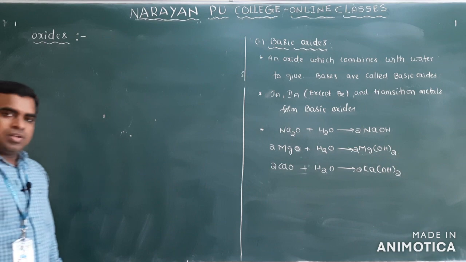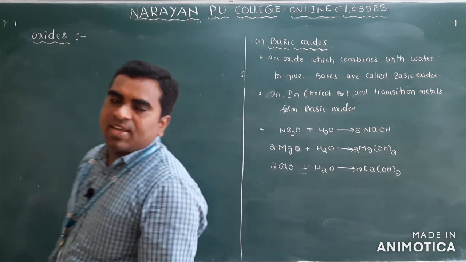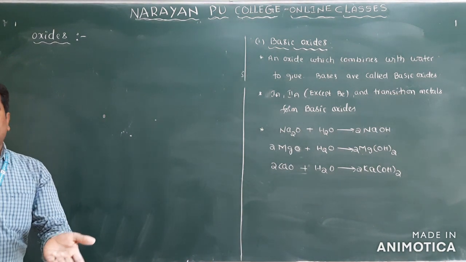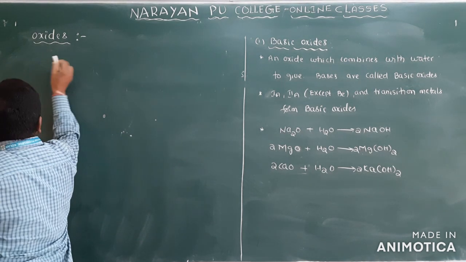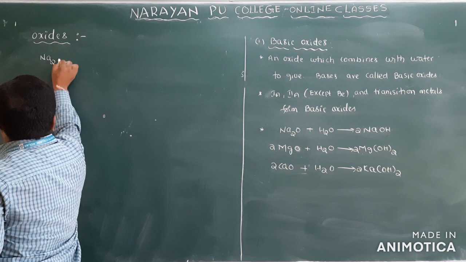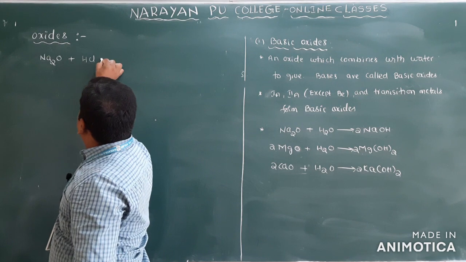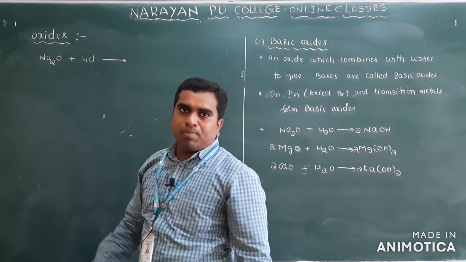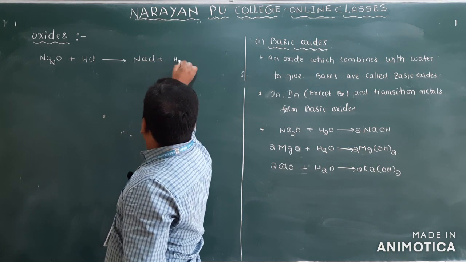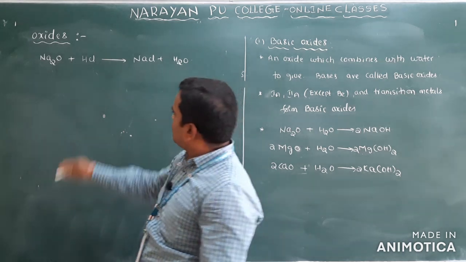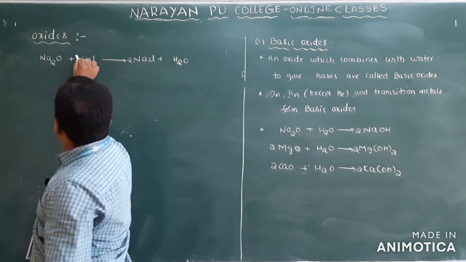And these are basic oxides, so they will react with acids. Bases react with what? Acid and form salt plus water. Suppose I take Na2O, a metal oxide, basic in nature, treated with acid. Base and acid, what will you get? Salt plus water. So you will get NaCl plus H2O. Balance here: 2 sodium atoms are there, chlorines 2.